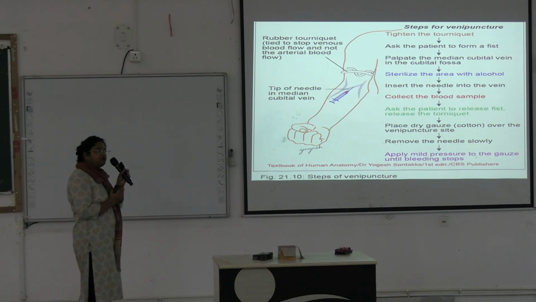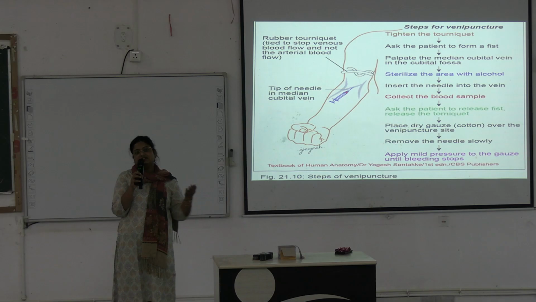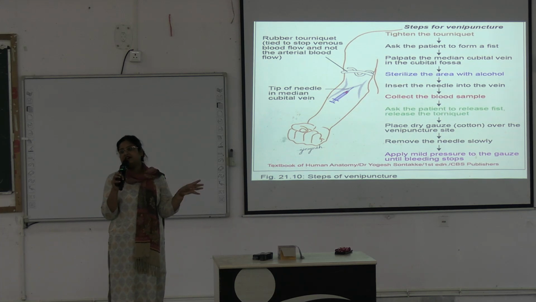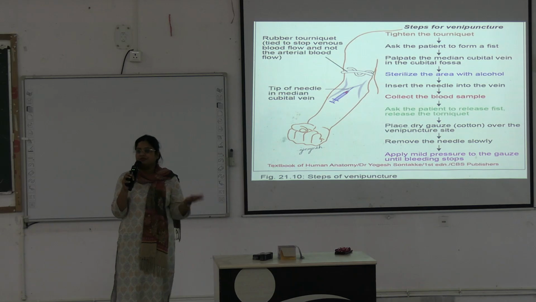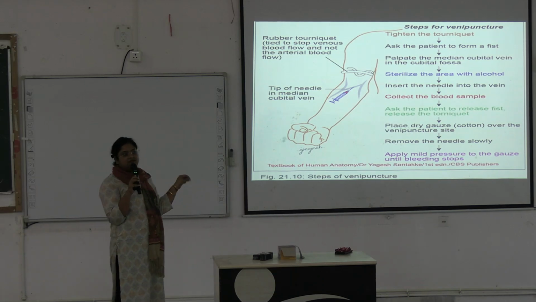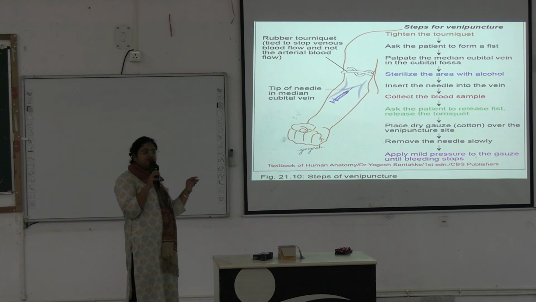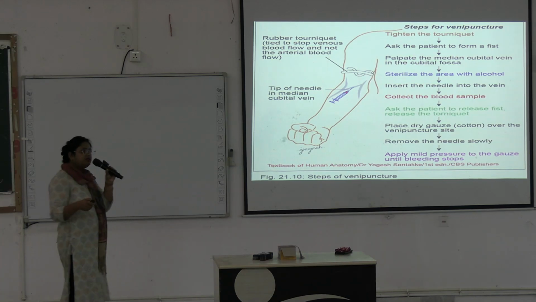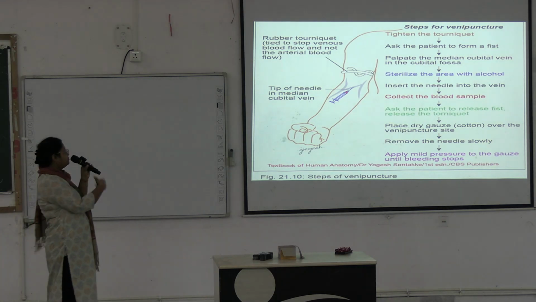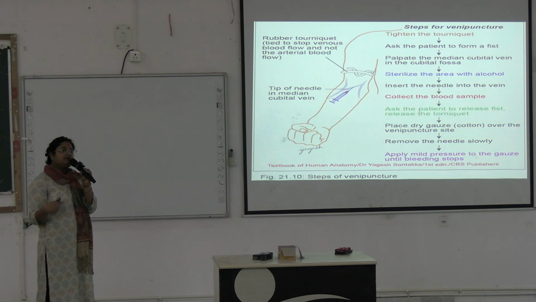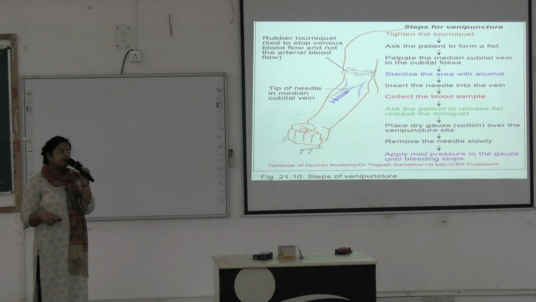Here, why is the median cubital vein chosen? Because it is lying over the bicipital aponeurosis. So during puncture of this vein, there is less chance of puncturing the deeper important structures like nerves, arteries, less chance of injuring those structures. Okay, and also it is a fixed vein because of presence of these perforating veins. It is a fixed vein. So it will not move during the puncture. So that's why it is chosen for venipuncture. This is also important. Explain why. Why median cubital vein is chosen for venipuncture.